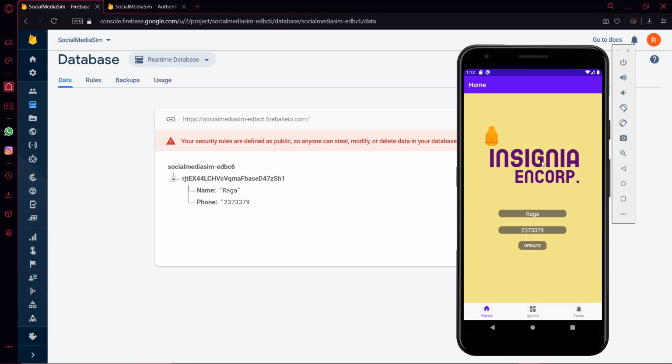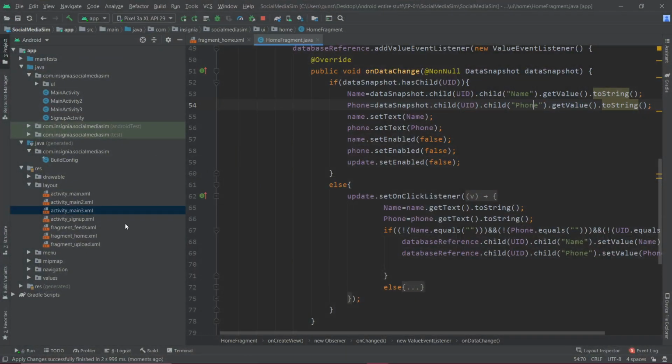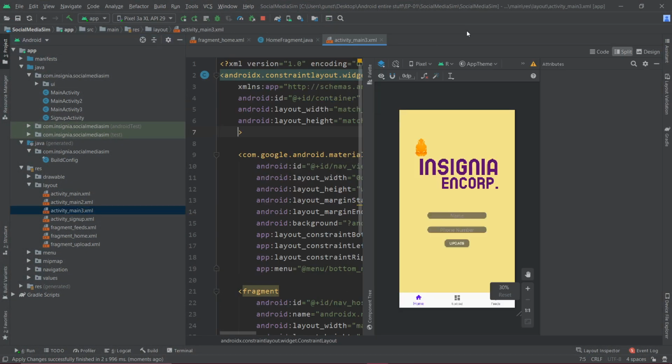Changes and runs. So basically now it retrieves the data from the Firebase and none of the buttons or the edit text will be working as of now. As you can just go ahead and click and see, you will not get any of these updated. And you might wonder what happened to that space that was above. So in order to remove that space, in your main activity 3 dot xml, you will have something like padding for app bar size. Just take that out. That space will be gone.